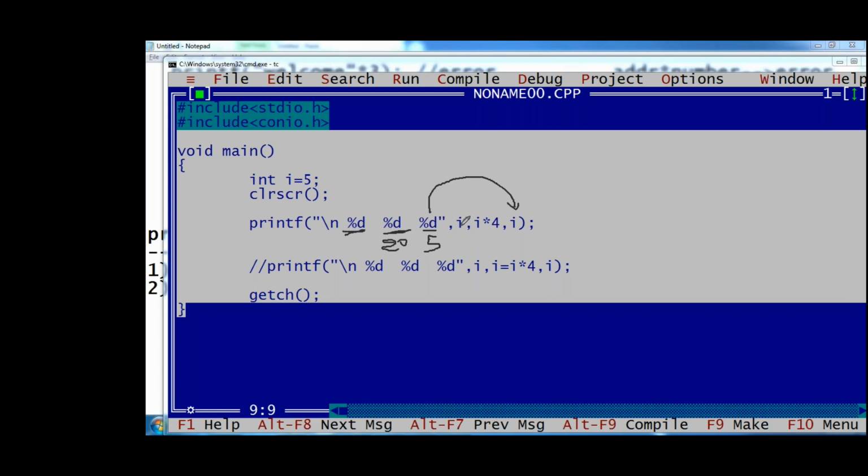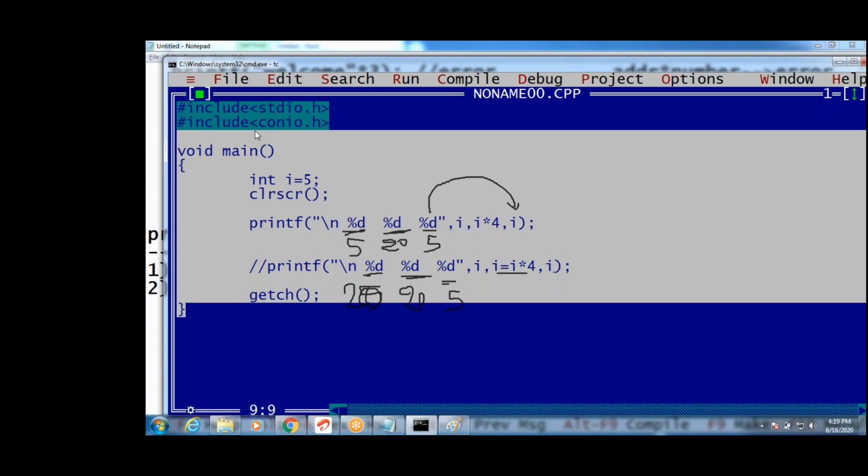Okay, now come to this case guys. What is this %d? i is still 5. Yeah, in this case, what is the %d? i equals i into 4, that value is modified to 20. This value is 20 guys. The third %d, what is the third %d? i is again 5. Sorry, that is 20 guys. This is 20. 20 25 is the output, that is 525. Yeah, you can see the output, right? See guys, 525 for the first printf statement, and for the second printf statement you can see the output. See this, 2025 is the output.